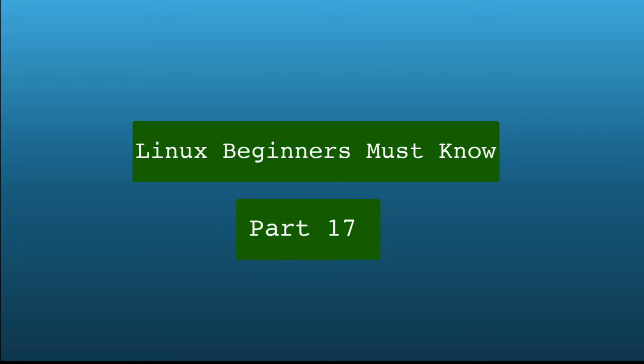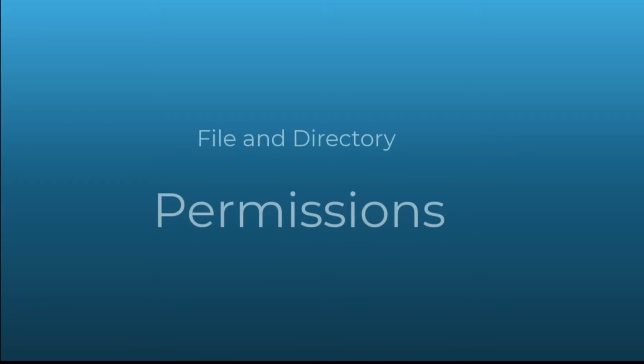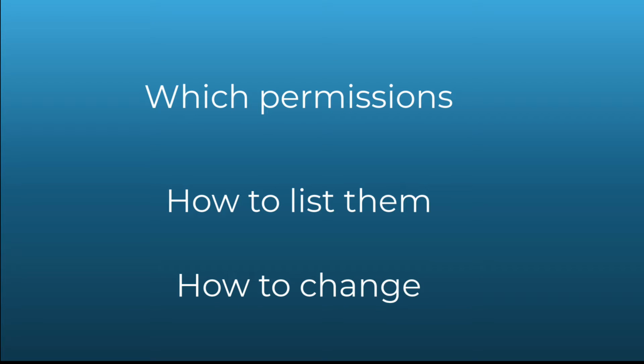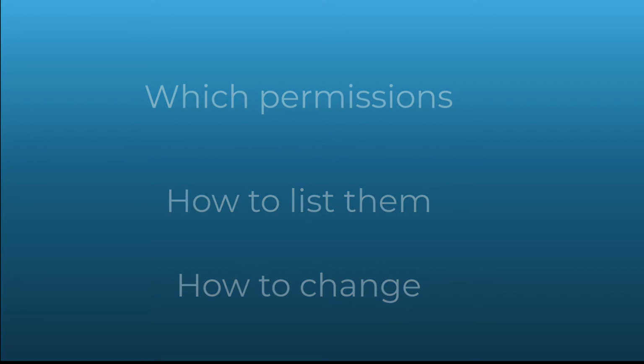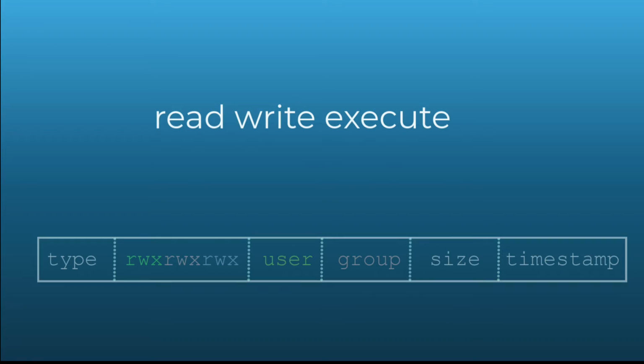Hi, now this is number 17 in this playlist on what Linux beginners must know, and this one's on permissions. When you start working in Linux, one of the first things you'll have to tackle is file and directory permissions. In this short exercise we'll see what they are, how you can list them, and of course how to set them. Now there are three basic permissions which are read, write and execute, and these three permissions are stored in